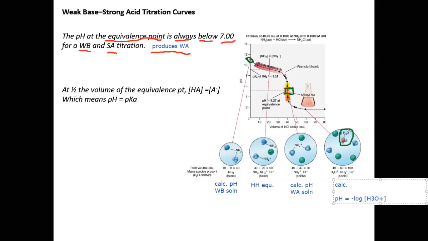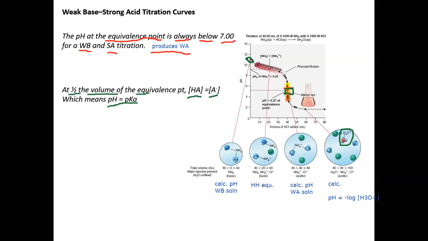So again, it has 4 regions, and you calculate using different equations based on which region it's in. At the initial pH for a weak base, strong acid titration, there's just weak base. In the buffer region, we have a combination of weak base and weak acid. Notice that when the concentration of weak acid equals weak base, the pH equals the pKa, and this is at 1/2 the volume of the equivalence point. So you can use this to identify